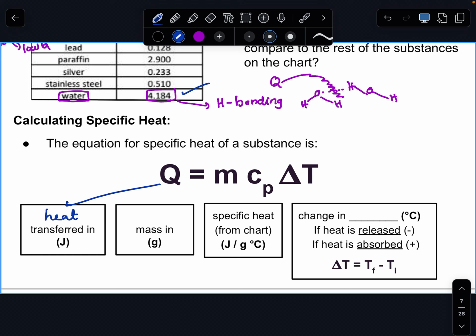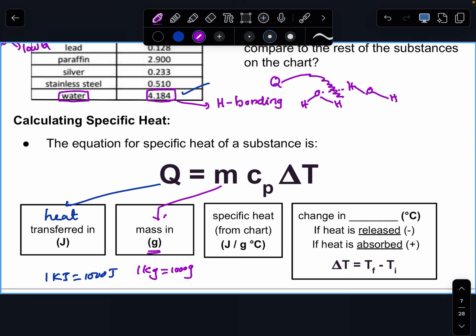Remember, heat needs to be in joules. If it is in kilojoules, you have to multiply by 1000 to convert it into joules. That means 1 kJ is equal to 1000 joules. If you write it like this, you will get confused. Then m is mass. Mass must be in gram, and remember, if it is in kilogram, you have to convert that into gram,